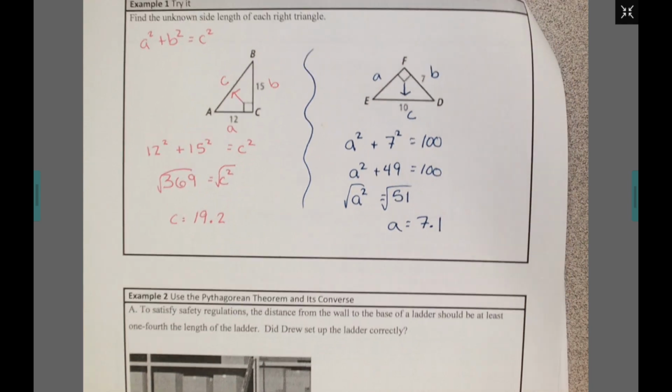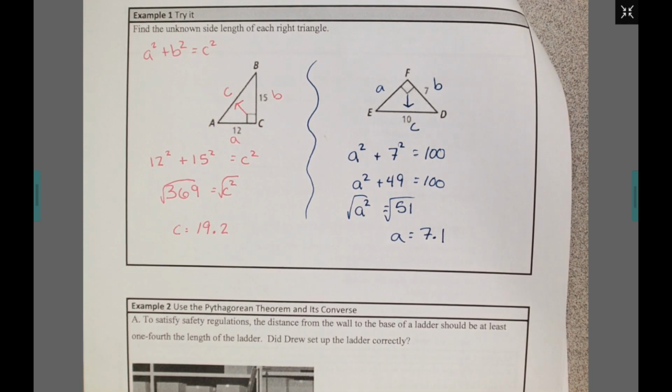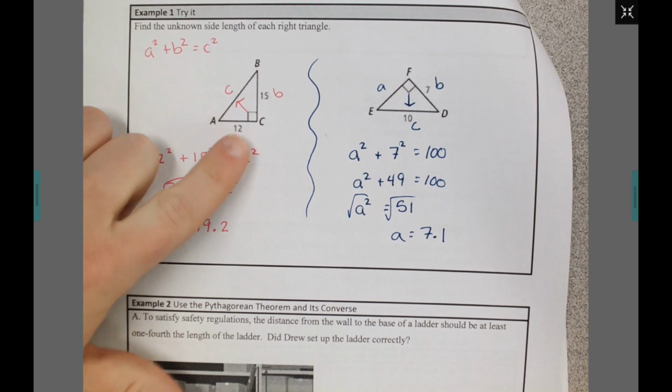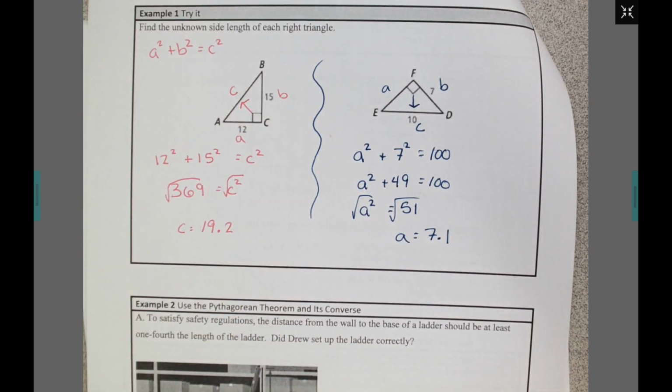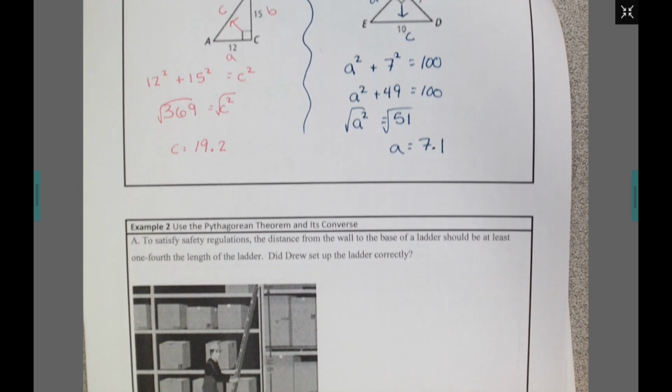All right, so those are examples where they just give you triangles and they want you to solve for missing sides. Remember, to use the Pythagorean theorem, it has to be a right triangle. If it's not a right triangle, you cannot use the Pythagorean theorem. Example 2 deals with some